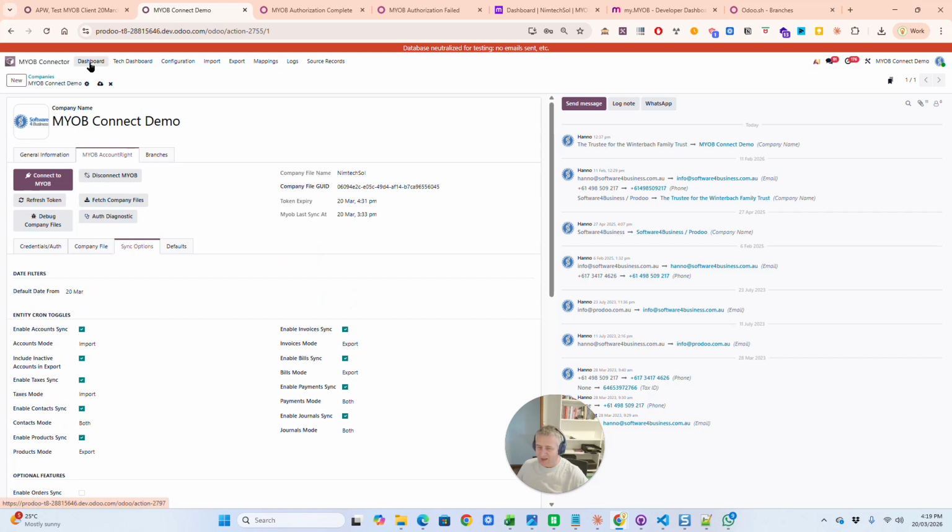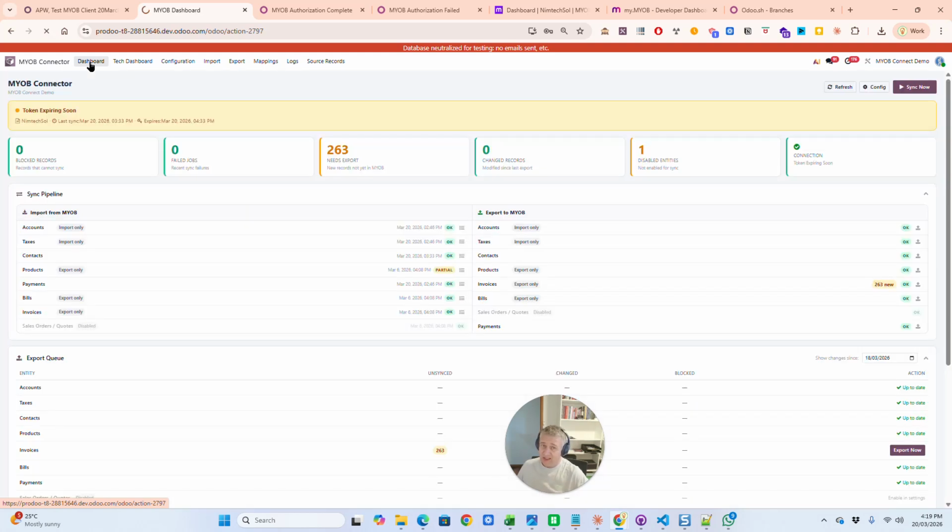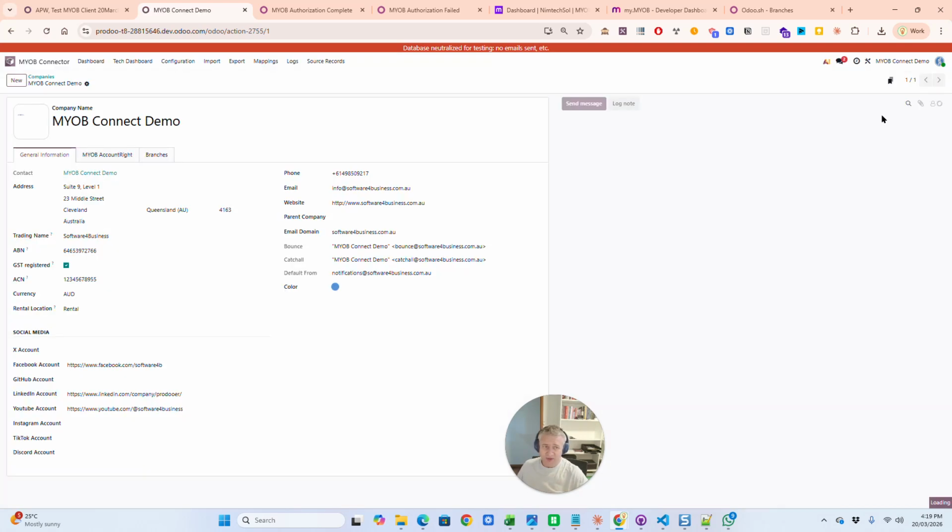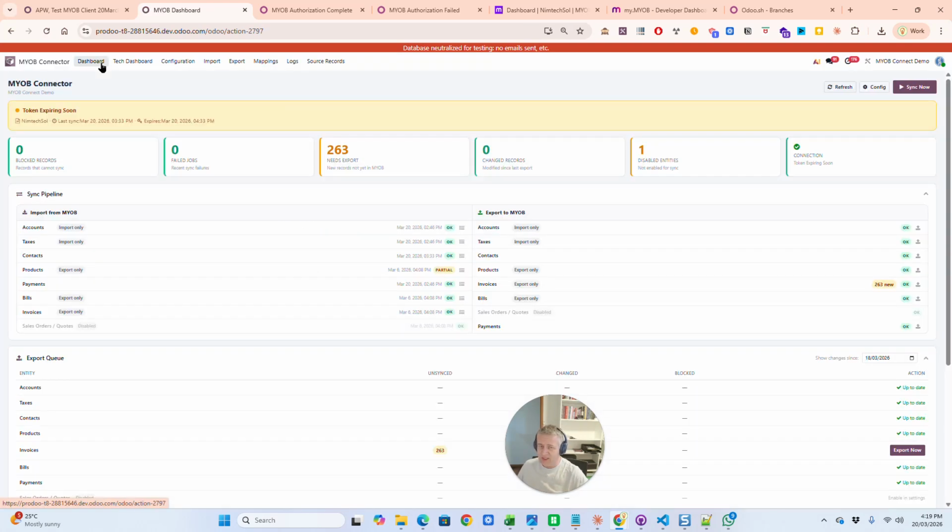and that will lead us to the next section, our dashboard. So in our next section, I'll quickly talk about our dashboard and how you can very easily synchronize everything just with the press of one button. So let's just click on dashboard again with that synchronize now button, and it will export and import everything quite nicely for you with just the press of one button.